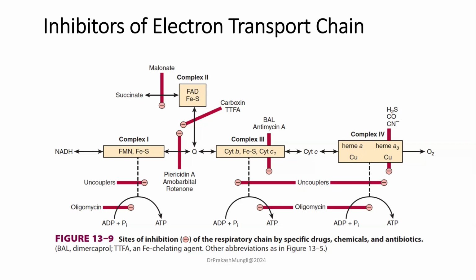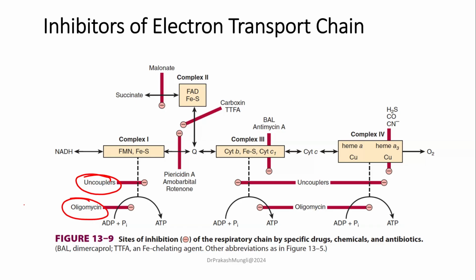Now let's look at examples for inhibitors and uncouplers of electron transport chain. So this figure has so many examples, but we will be only considering a couple of them, the ones most frequently asked in the exam. It shows inhibitors of electron transport chain, and uncouplers also, as well as